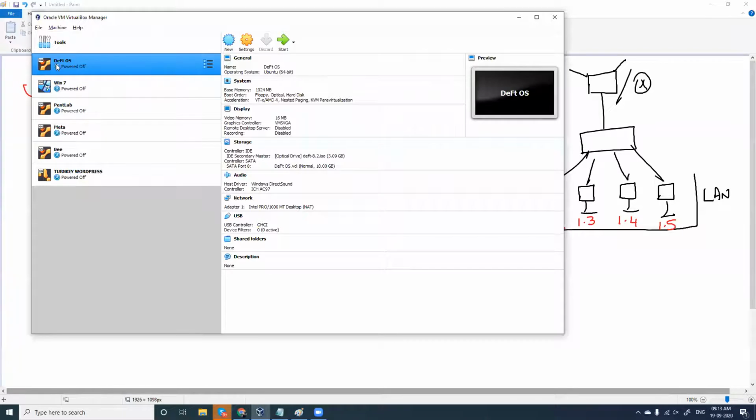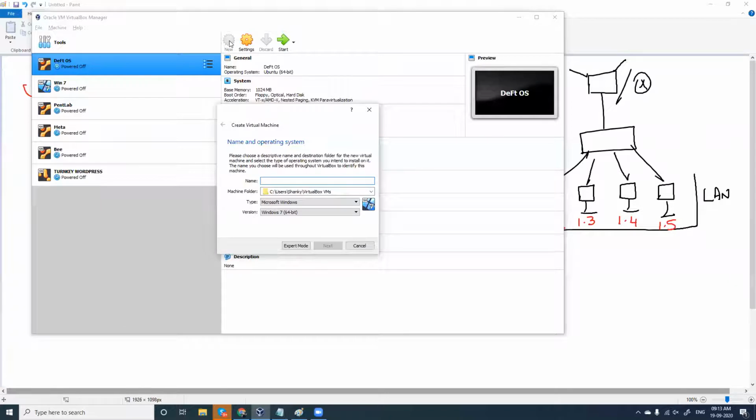When you install VirtualBox, which is shared in the drive, when you download it and install, it is all next. When you install, it will be brand new without any of these operating systems. So you'll have these options: new, settings, start. I'm going to install a new operating system, so you have to go for this new here. Fine. When I click new, it is asking me for a name.